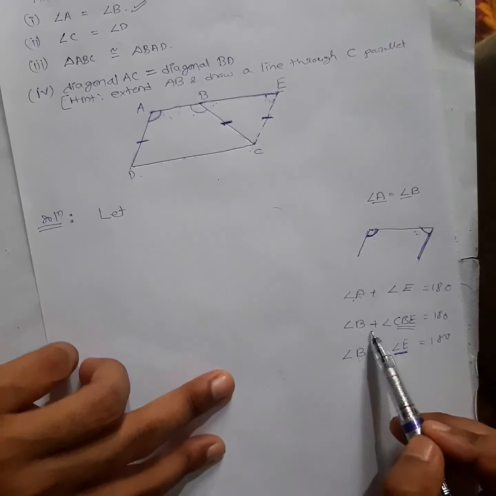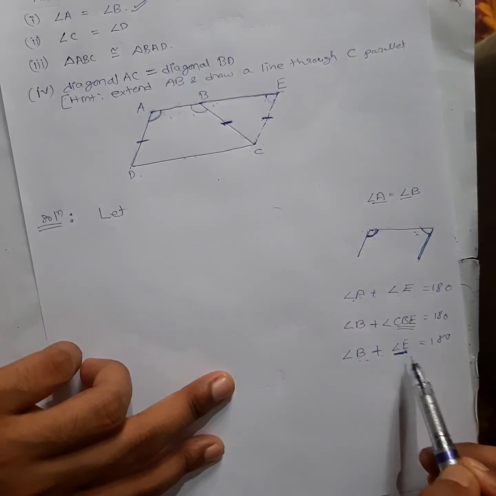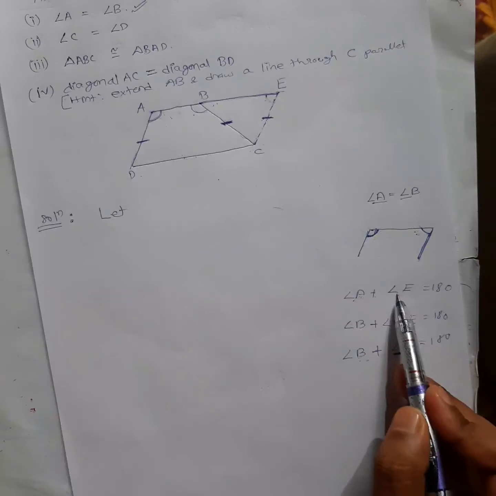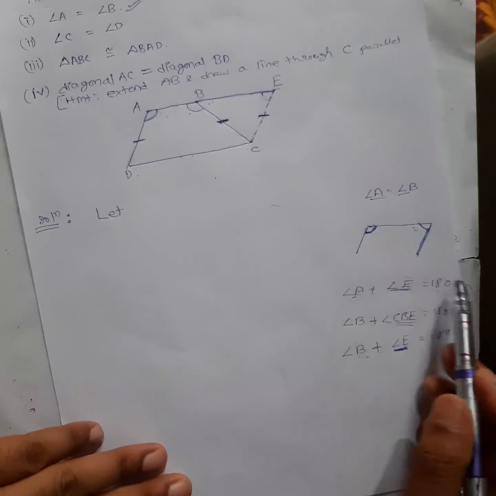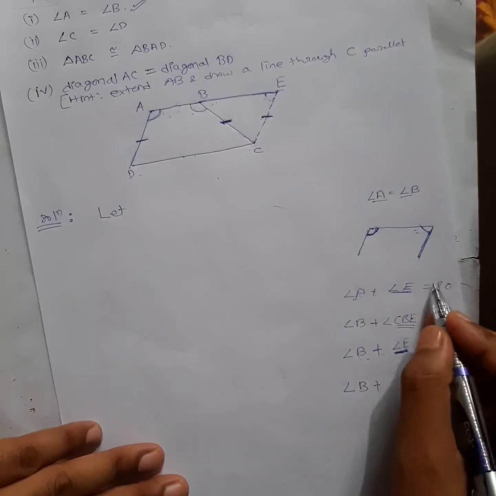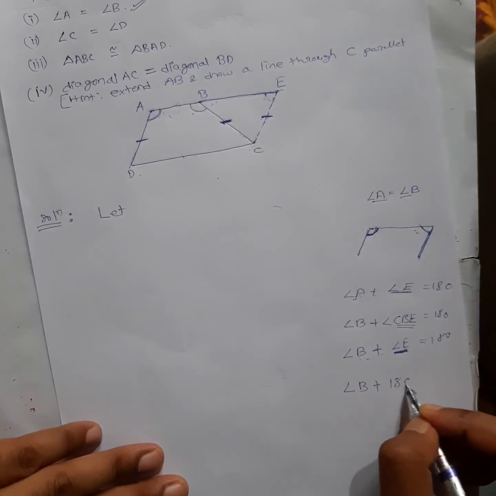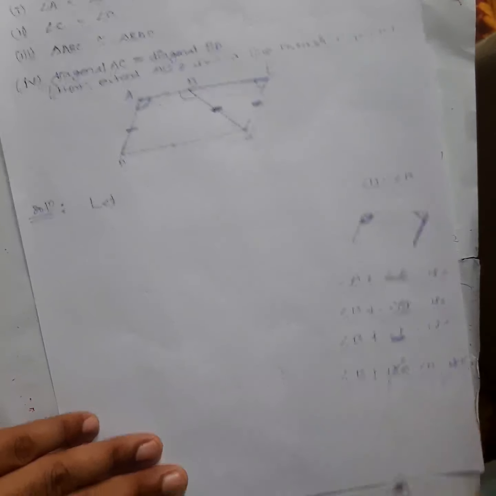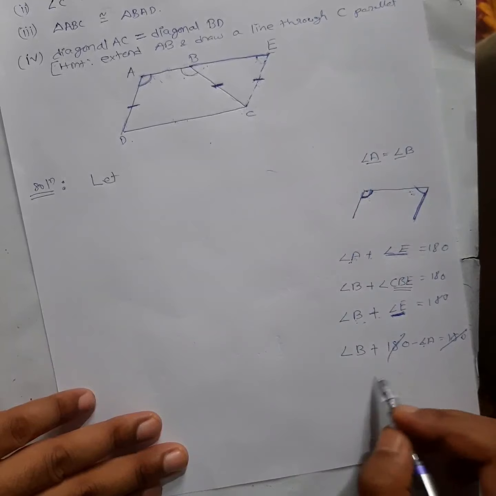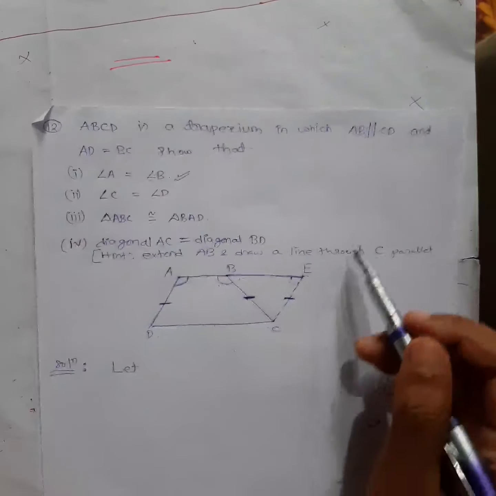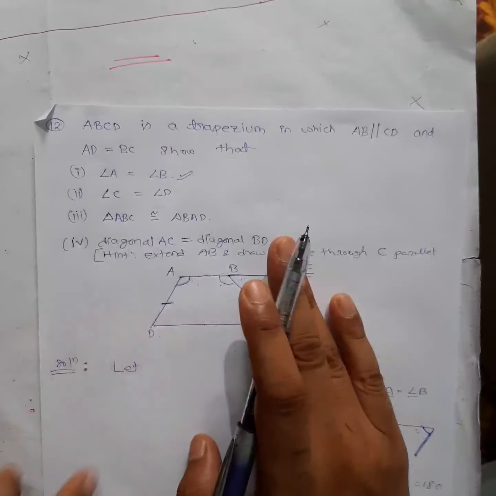Okay, so in this case I don't need E. So what I will do with this E, I will replace it by angle A. Now see how I will replace. Angle E is how much? Can I bring this one to this side? So this angle E will become 180 minus angle A, is equal to how much? 180 degree. So 180 and 180 gone. So this is 0. Angle A, bring this side. So angle A is equal to angle B, you will get from here. So can you see the advantage of constructing this one? This is the only way you can solve this question.